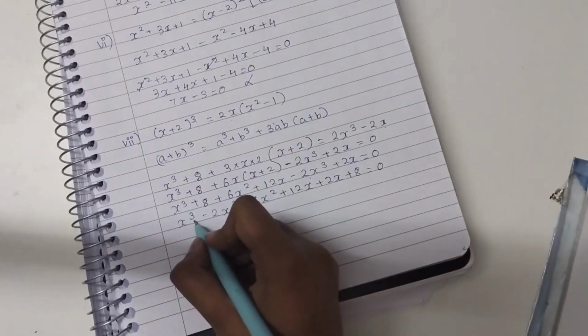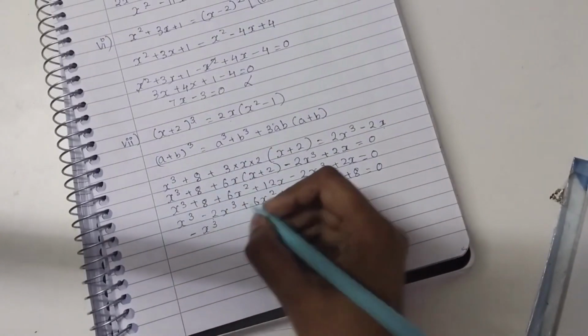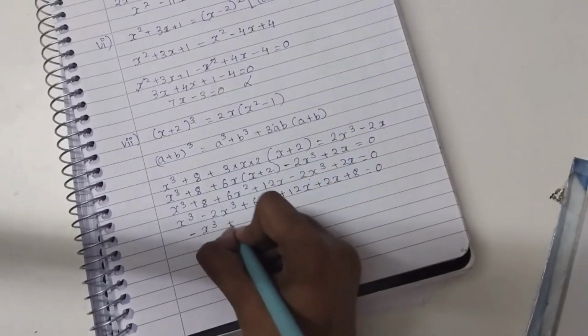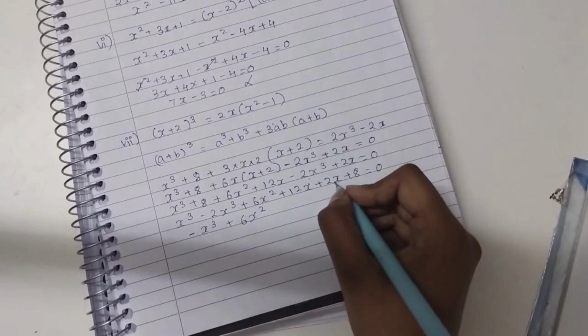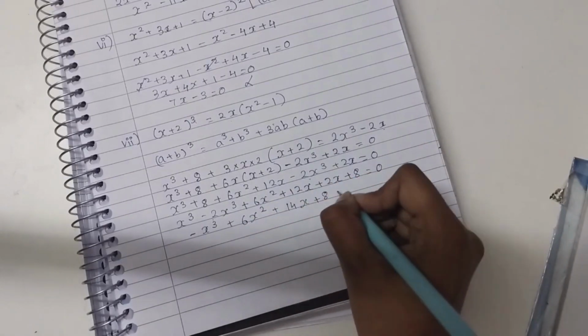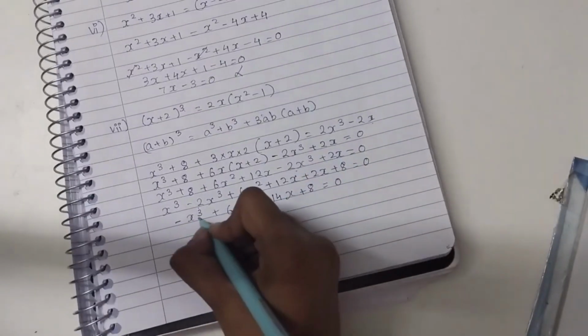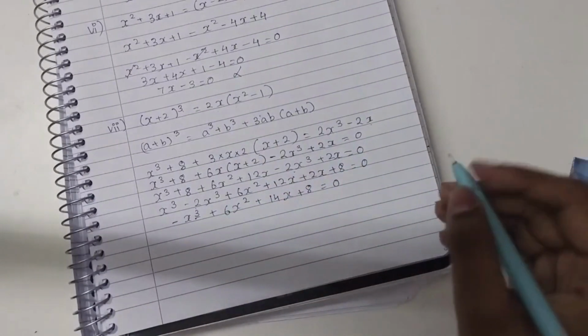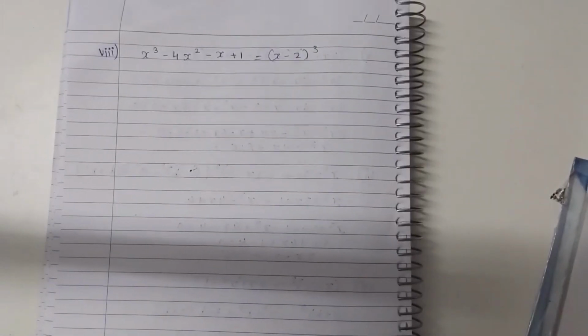So x cubed minus 2x cubed will give us negative x cubed plus 6x squared. 12x plus 2x will give us 14x plus 8, which is equal to 0. Since the highest power in this equation is 3 and not 2, we can say that this is not a quadratic equation. Moving on to the 8th question, they've given that x cubed minus 4x squared minus x plus 1